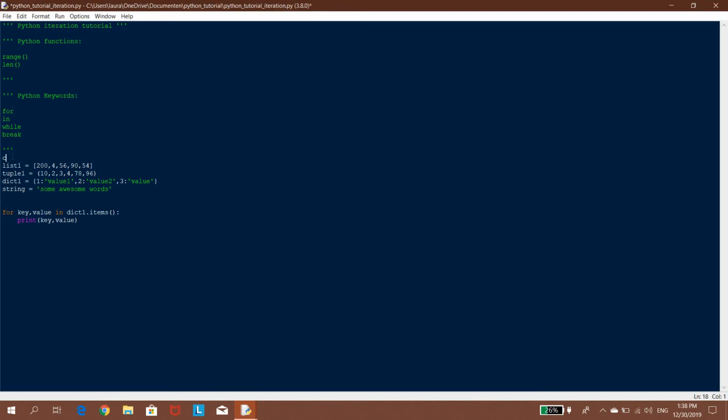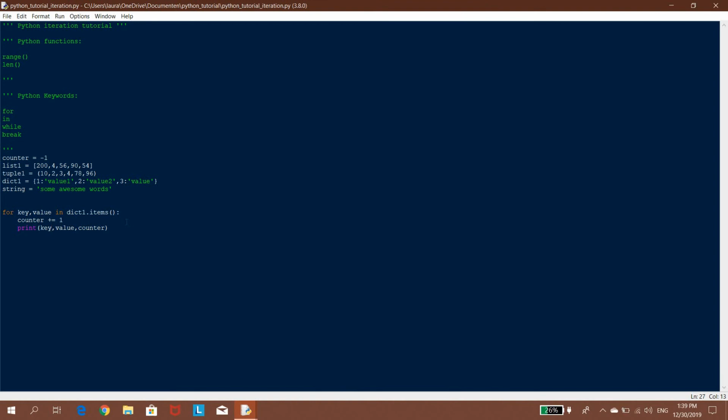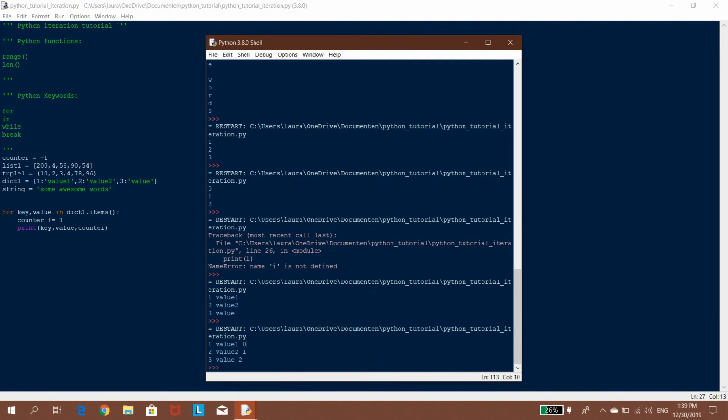Let's actually set up our counter again, right? Our counter equals -1, so that way we're always at the end. And then we'll do counter plus equals 1, and then we're going to print counter, just like that, right? Not that difficult. Relatively simple, and so that's a very easy way to know you've done this many loops, you got this key,